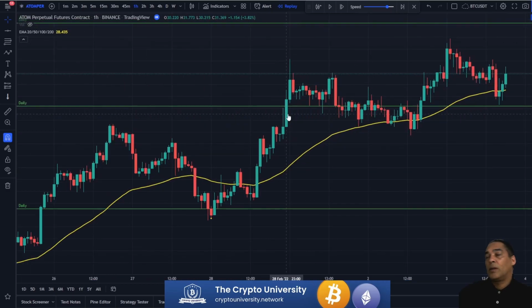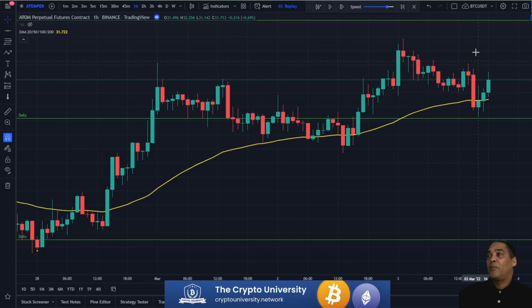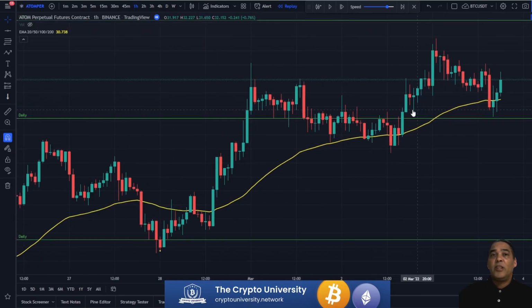And there we go. Now that I've established my support and resistance, am I looking to take a possible trade here? No. The reason for that is we are currently trading between our daily support and our daily resistance. A good indication for me is that we are trading above my 50 EMA. But to take a trade at this point wouldn't be advisable, as based on the current market structure,